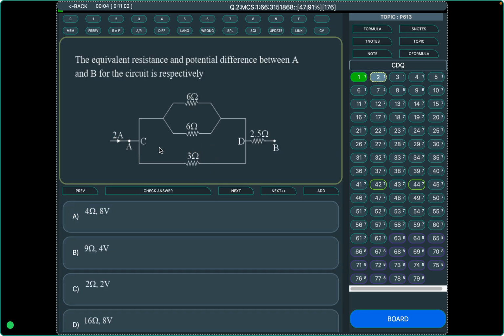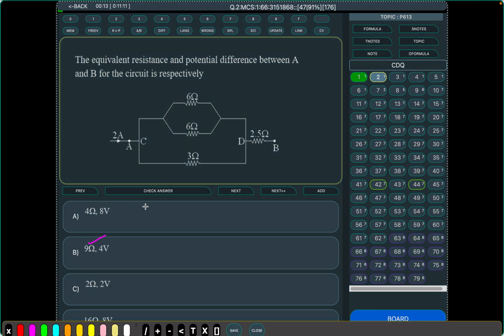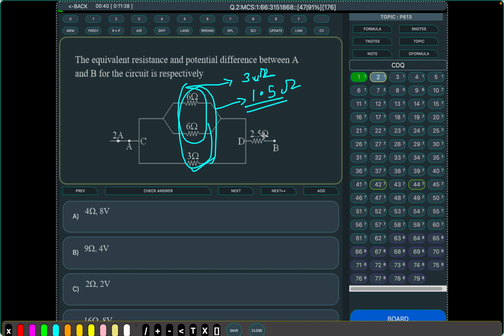In this question we are given the current and we have to find the net resistance and the voltage potential difference. So first we will calculate the net resistance. This 6 ohm and 6 ohm will give us 3 ohms. In the last question also we had used this technique. Next this 3 and 3 will give us completely 1.5 ohms. Then this 1.5 and this 2.5 are in series,